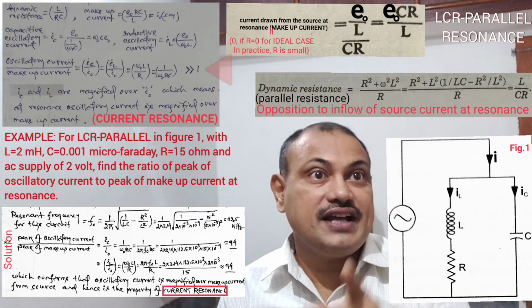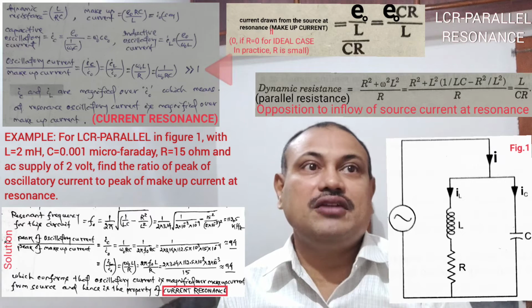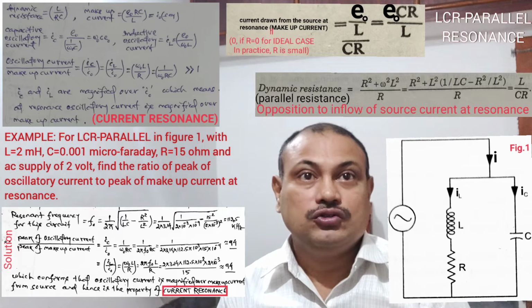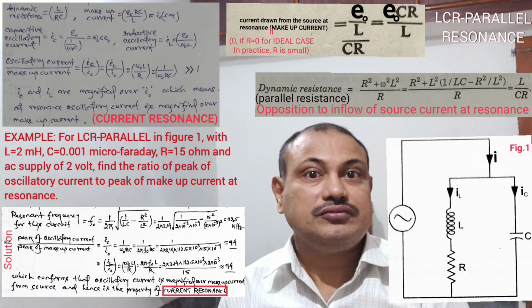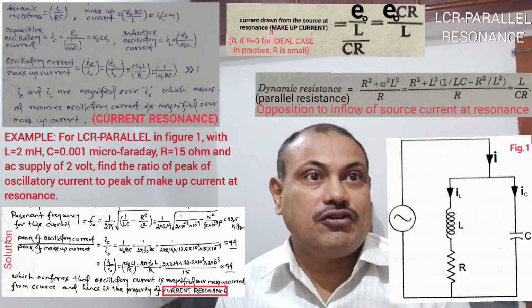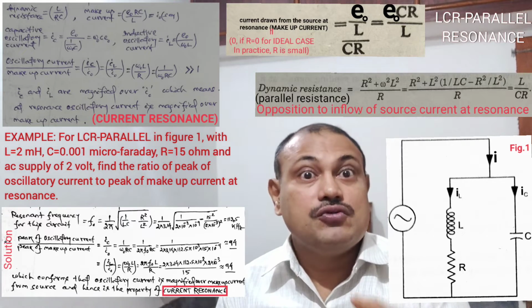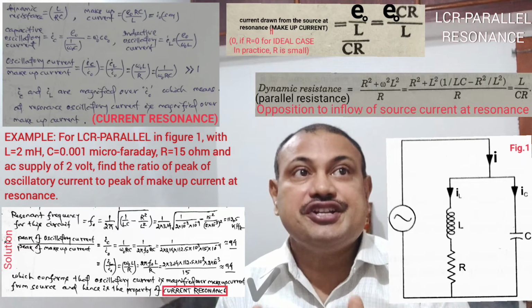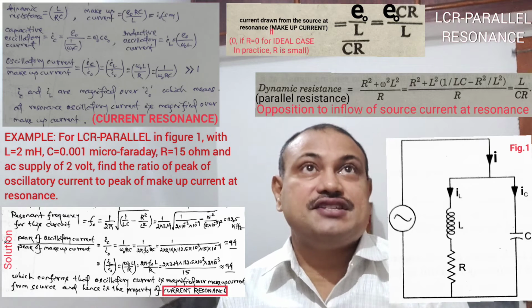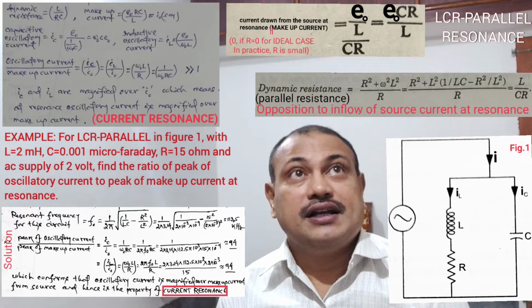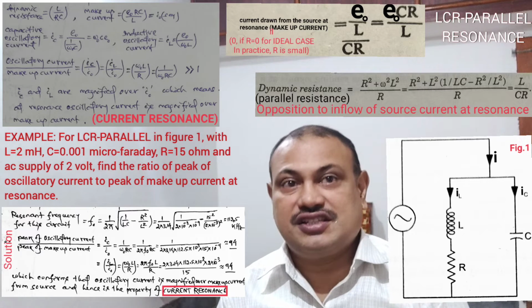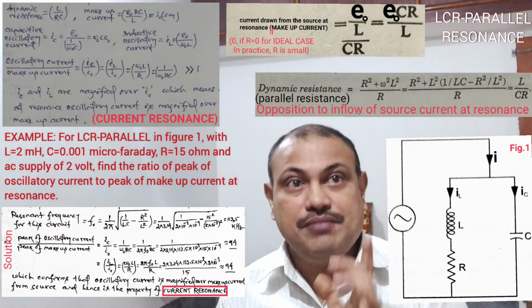It's because omega 0 L by R is very much greater than 1, and 1 upon omega 0 RC is also very much greater than 1. Therefore, these oscillatory currents appear as magnified currents over the make-up current which is drawn from the source, and hence this is called a case of current resonance. And at resonance, the magnitude of capacitive susceptance is equal to the magnitude of inductive susceptance, that is |BC| is equal to